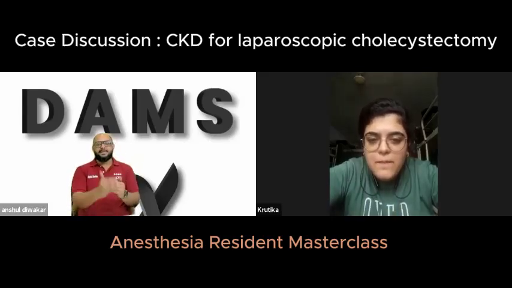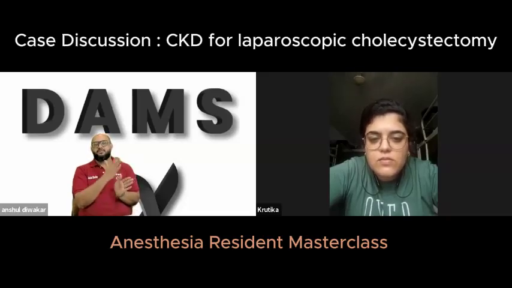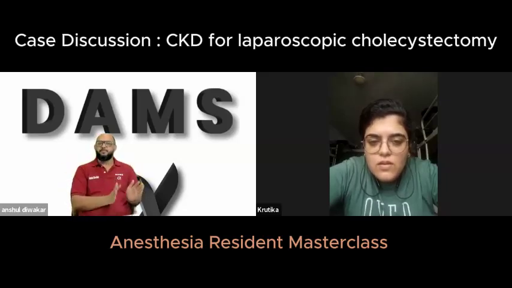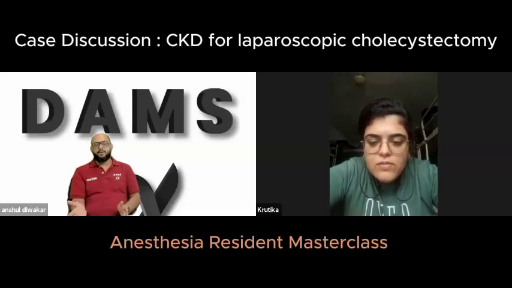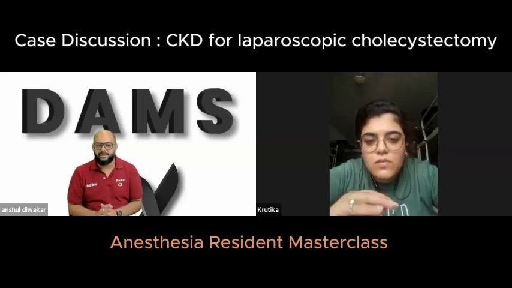So don't just say CKD causes coronary artery disease. There is no direct mechanism between CKD and coronary artery disease. Hypertension is one of the primary reasons for development of CKD. Hypertension causes chronic arteriosclerosis. This arteriosclerosis can later on present as coronary artery disease, and this coronary artery disease can lead to reduction in ejection fraction of the heart, causing left ventricular failure. Left ventricular failure can present with PND and orthopnea.